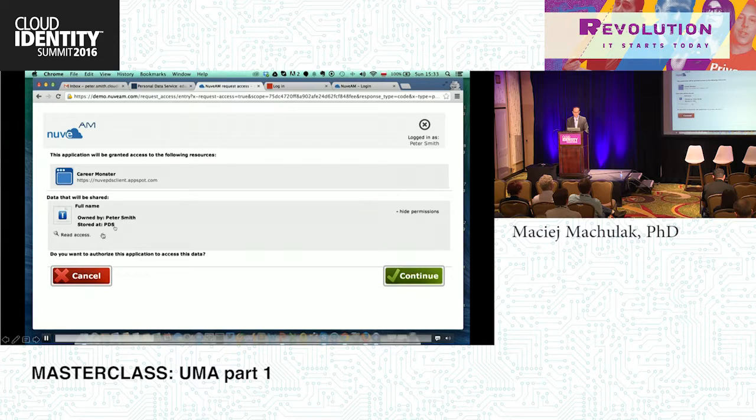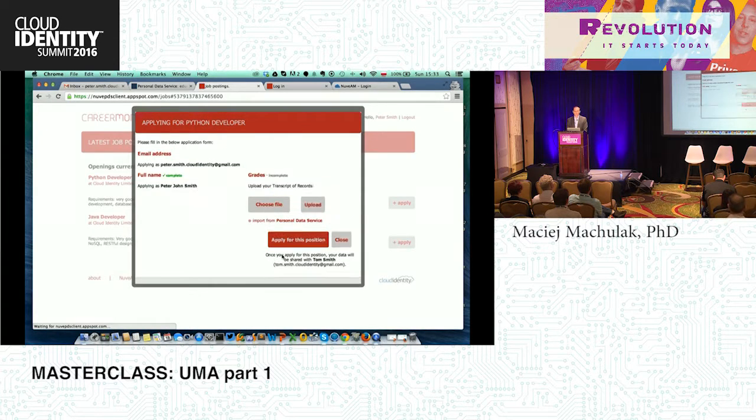I can see that I'll be granting a read type permission, because the application only asks for the read permission. I click on continue, and at that point, a policy gets created, and the data can be transferred from one application to another. I do the same thing for the grades, so I import